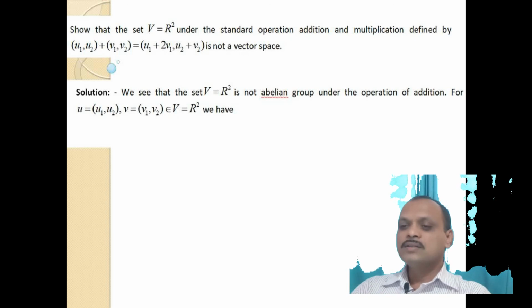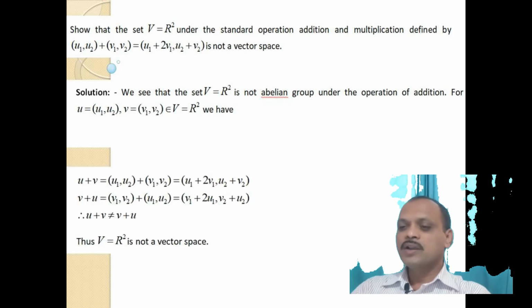Then U plus V equals U1 plus 2V1 comma U2 plus V2, whereas V plus U equals V1 plus 2U1 comma V2 plus U2. The second element is the same, but the first element is not. Therefore U plus V is not equal to V plus U; that is, the commutative property is not satisfied, and therefore